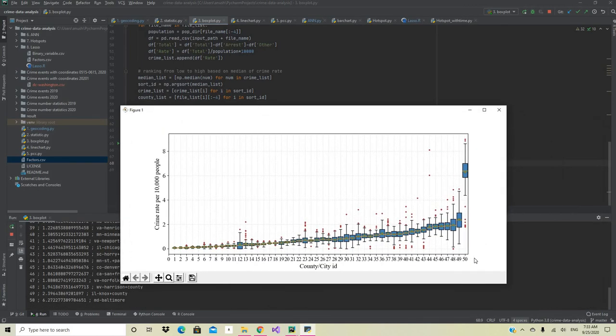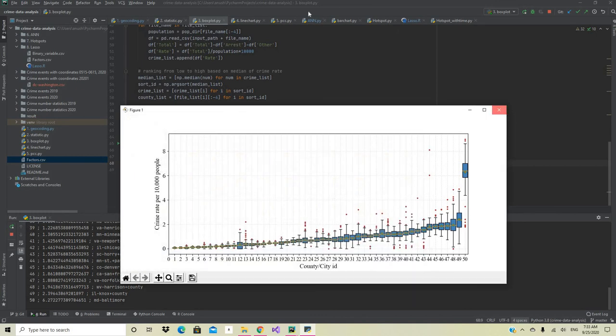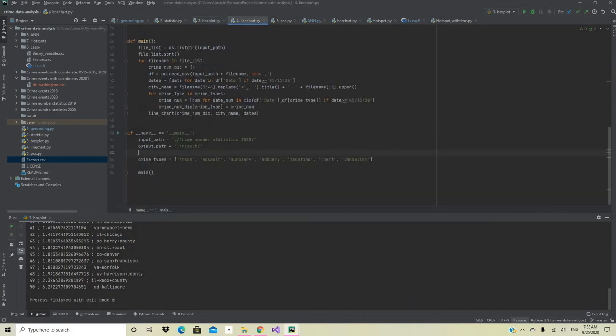The script creates a box plot, and if you want to save this box plot, you can click on save the figure and save it on your local machine. All other Python files are going to be the same. You can change the input and output variables based on your project structure. The README file gives more details for each script on how to run it.